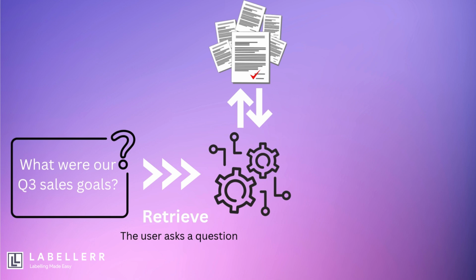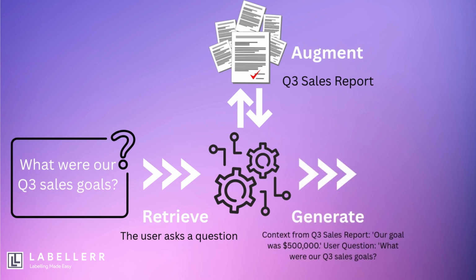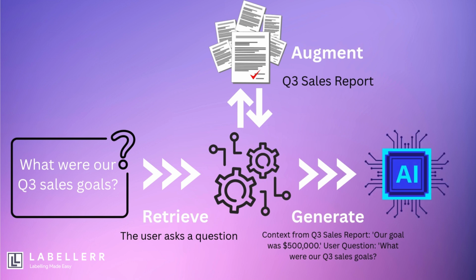Second, augment. The system takes the relevant information it found and combines it with your original question. This creates a new, much more detailed prompt for the AI. Finally, generate. This enriched prompt is sent to the LLM. With this extra context, the LLM can now generate a precise factual answer based on the provided data, not just